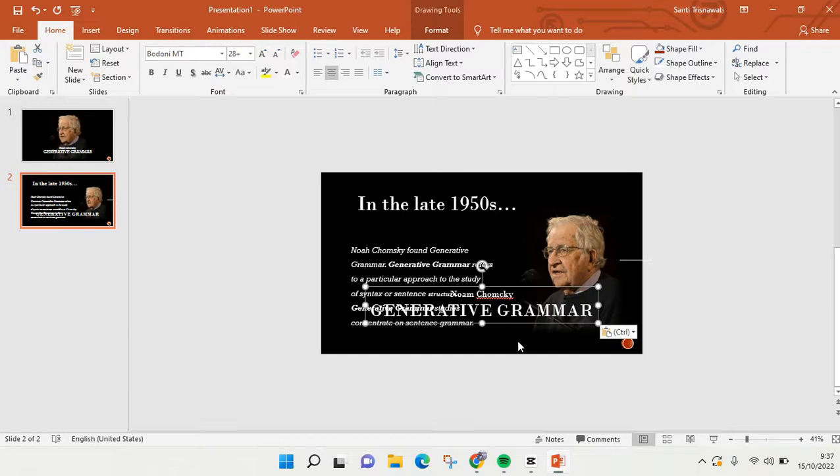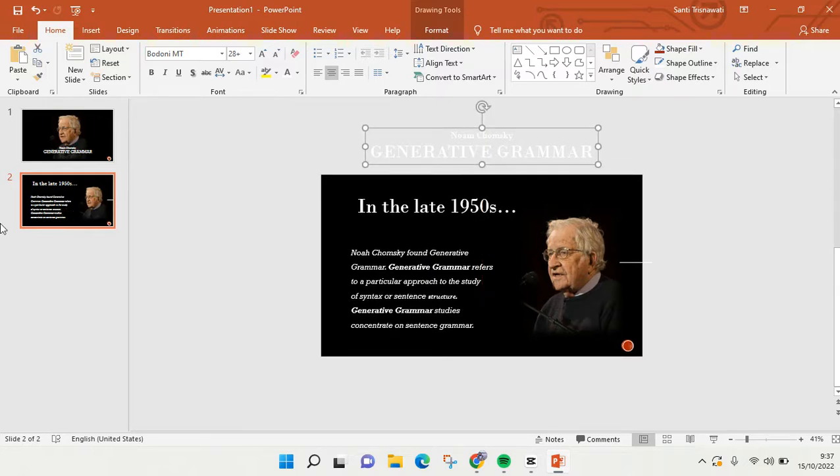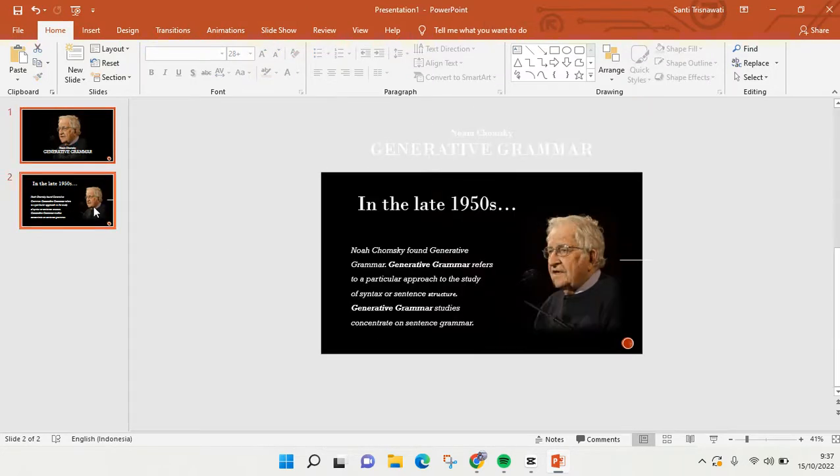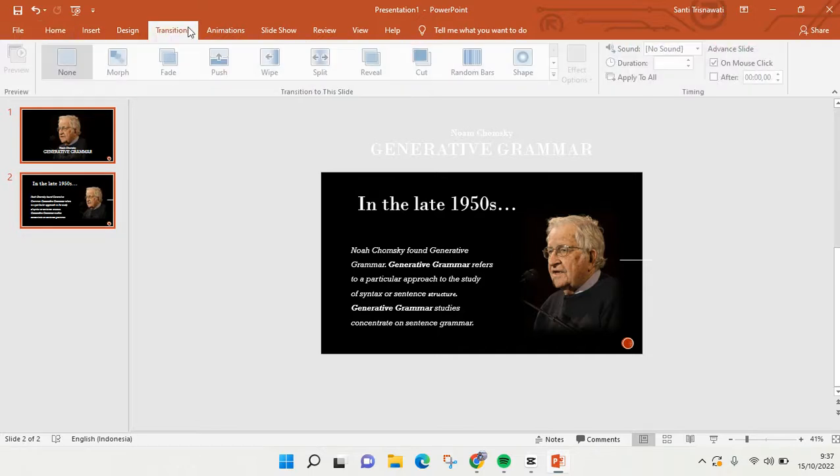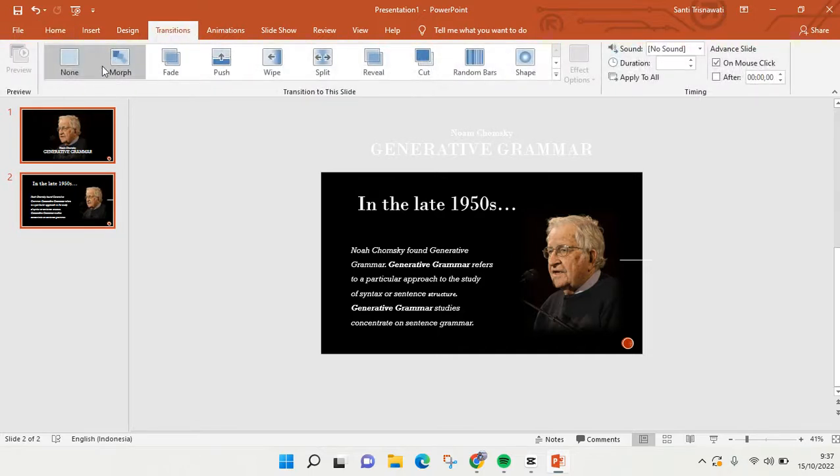Okay, after that, next drag the title up on the second slide. Okay, like this, and then select both slides like this, and then go to transition and choose morph. This one's right here,